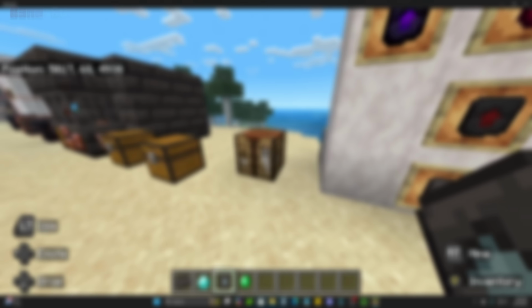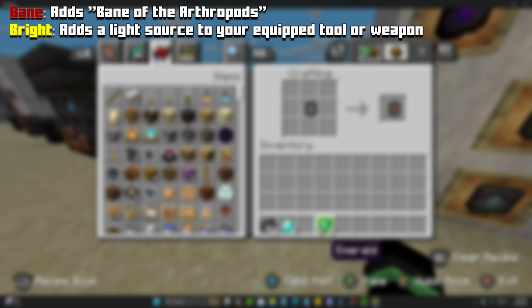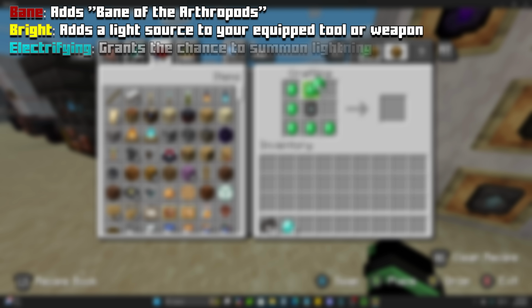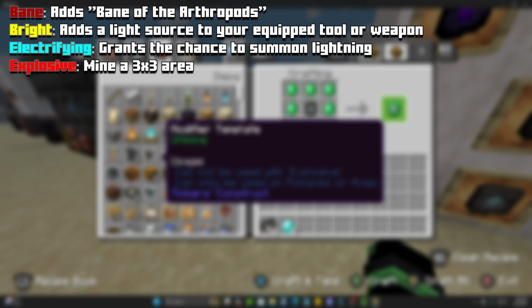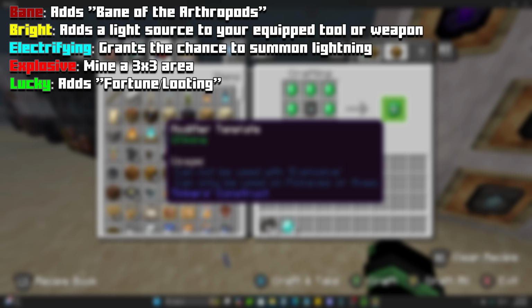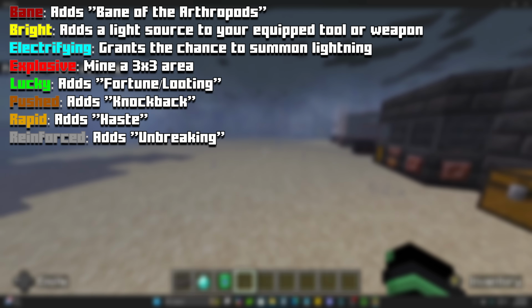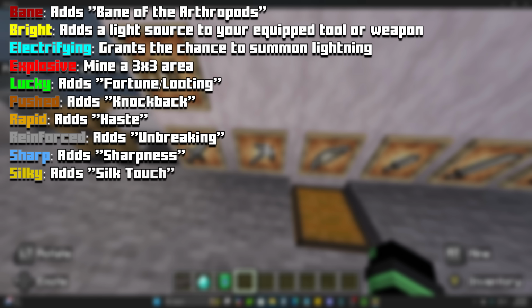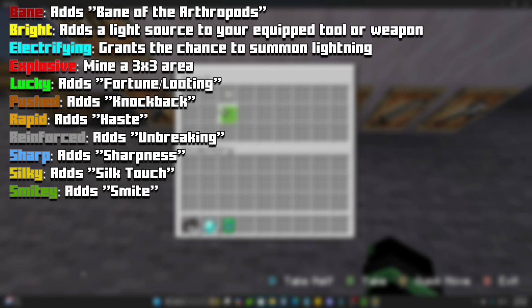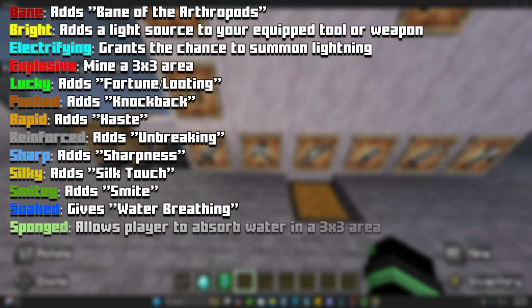These modifiers are Bane, which adds Bane of the Arthropods, Bright, which creates a light source from your weapon or tool, Electrifying, chance to summon lightning, Explosive, mine a 3x3, Lucky, adds fortune and looting, Pushed, adds knockback, Rapid, adds haste, Reinforced, adds unbreaking, Sharp, adds sharpness, Silky, adds silk touch, Smitey, adds smite, Soaked, gives water breathing, Sponge, allows